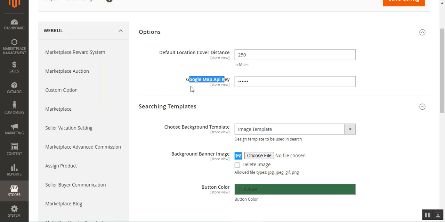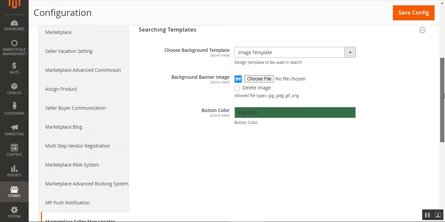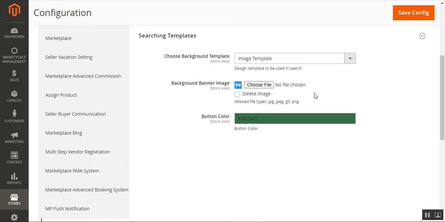The admin also needs to set up the Google Map API key that is used for populating the addresses and displaying the location of the sellers on the Google Maps itself. Now basically here under the searching templates, the admin can customize the look of the searching template on the storefront